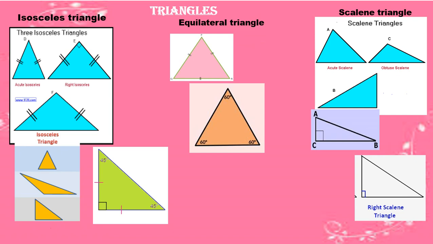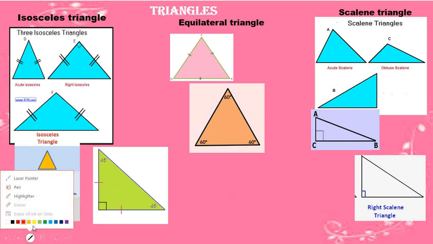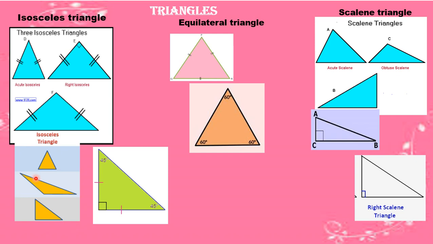Now one type of the triangle is right angle triangle. So if you are asked what is the formula for the area of the triangle, you will give the answer: area of the triangle is half into base into height. Now let us consider